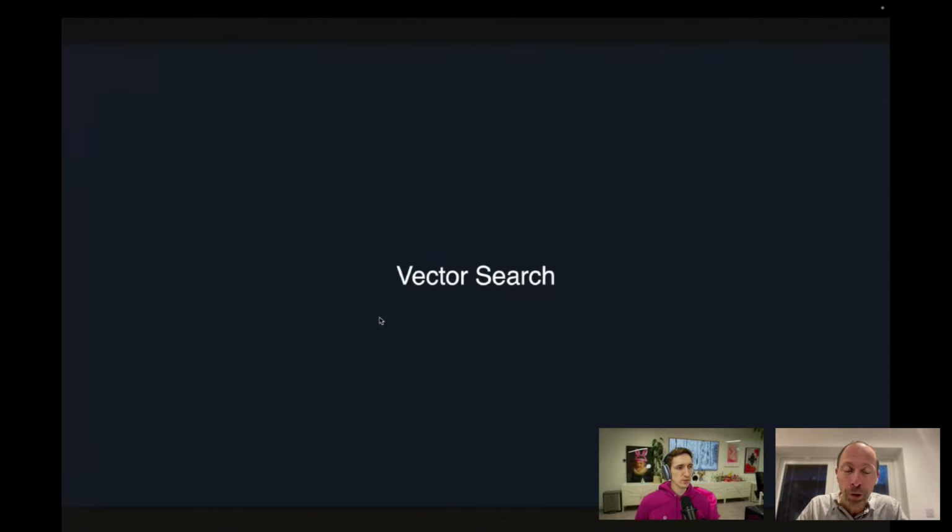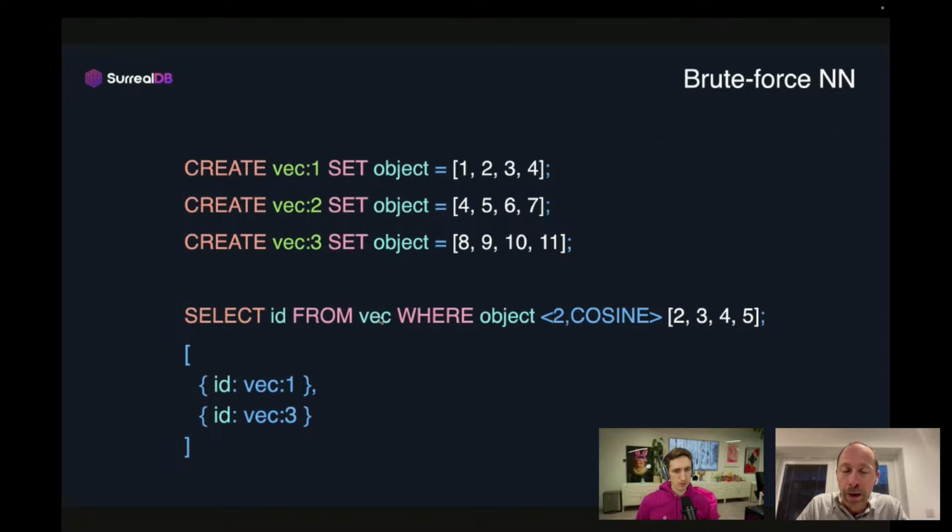This brings me to vector search. So we just saw how we can manipulate vectors. In the release 1.0 of SerilDB, we introduced what we call an experimental feature, which was vector search. And vector search came with the first implementation based on an index called M3. This index is an index that speeds up your query when you want to make a nearest neighbor search, and it was an exact search, right? So this is something that was available from 1.0.0.